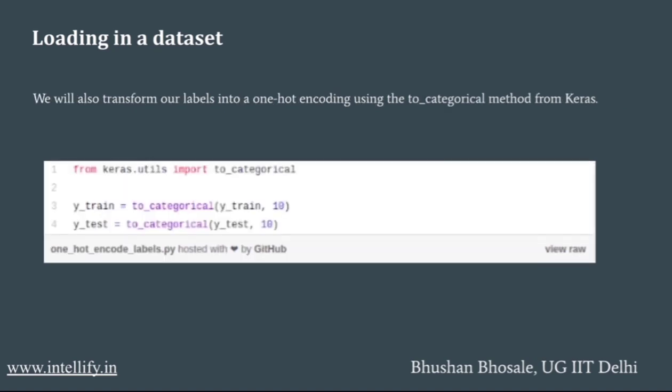Now we will also transform our labels into one hot encoding using the to_categorical method from Keras. Now what is one hot encoding? For categorical variables where no such ordinal relationship exists, the integer encoding is not enough. In fact, using this encoding and allowing the model to assume a natural ordering between categories may result in poor performance or unexpected results, such as predictions halfway between categories.